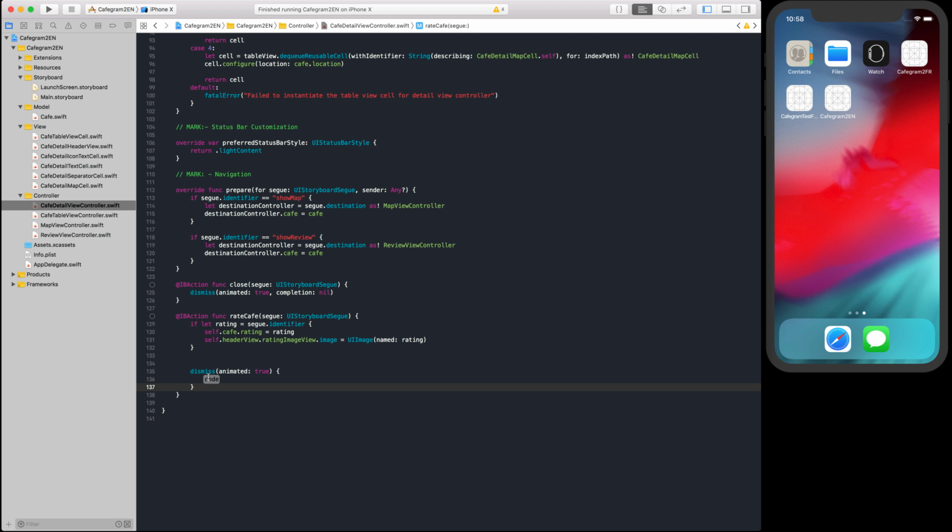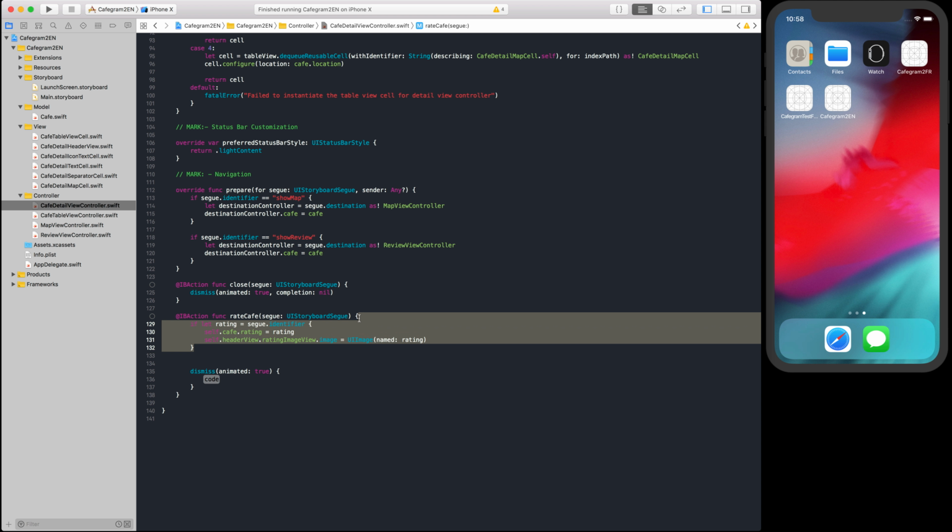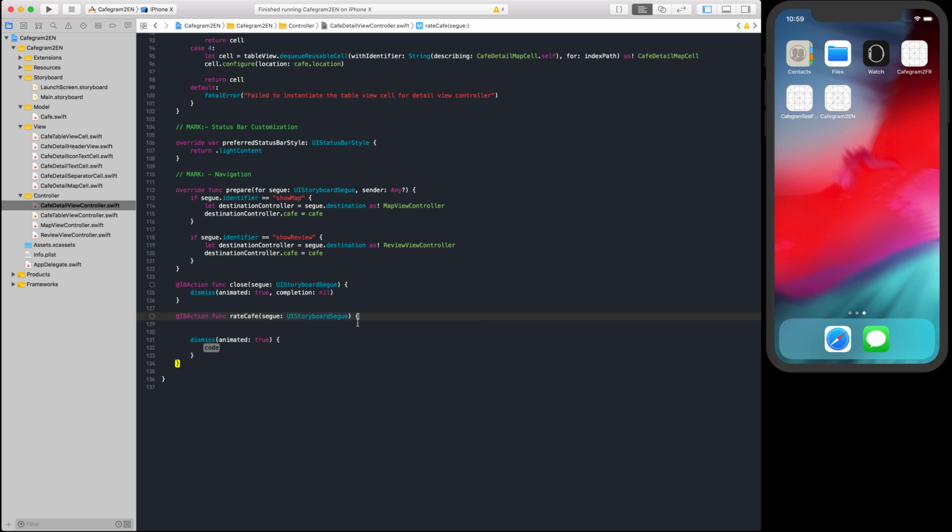Okay, and here we are going to copy paste these lines. Okay, even cut them like this, and then still in the dismiss property,